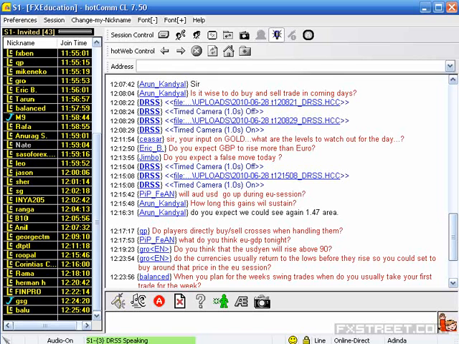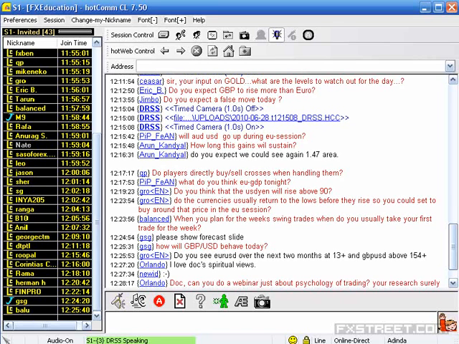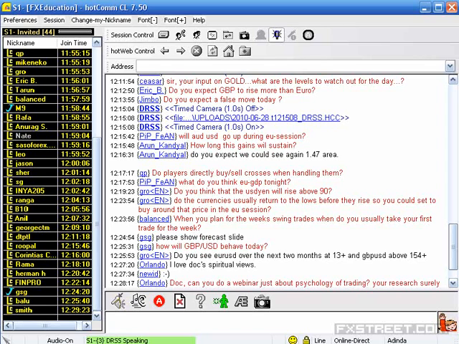So, do you expect GBP to rise more than Euro? Yes, I am expecting GBP to gain more, but GBP is a currency which is used to create the market sentiment, so keep that in mind. Don't simply jump into the market when it is gaining levels. Whenever there is a correction and the current low is not being breached for more than 30 minutes of our observation, then try to enter the market, and you should be able to maximize the profit.